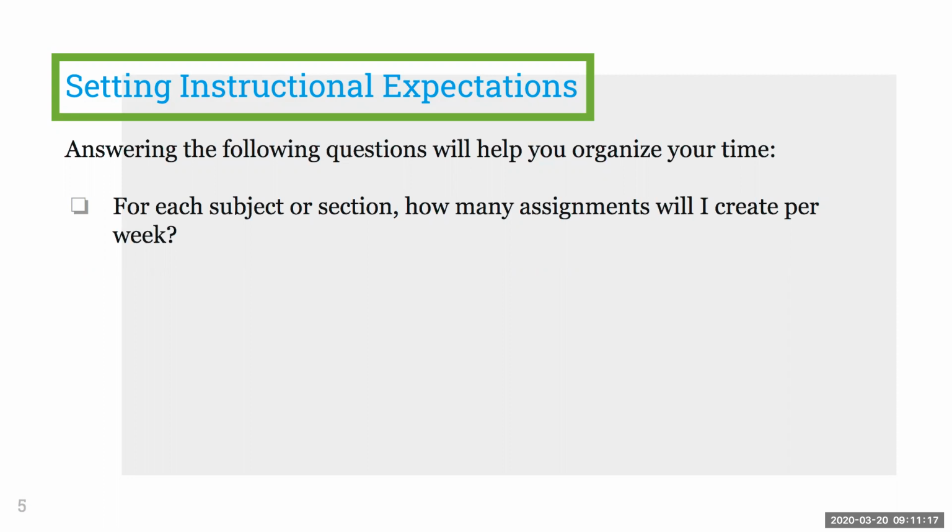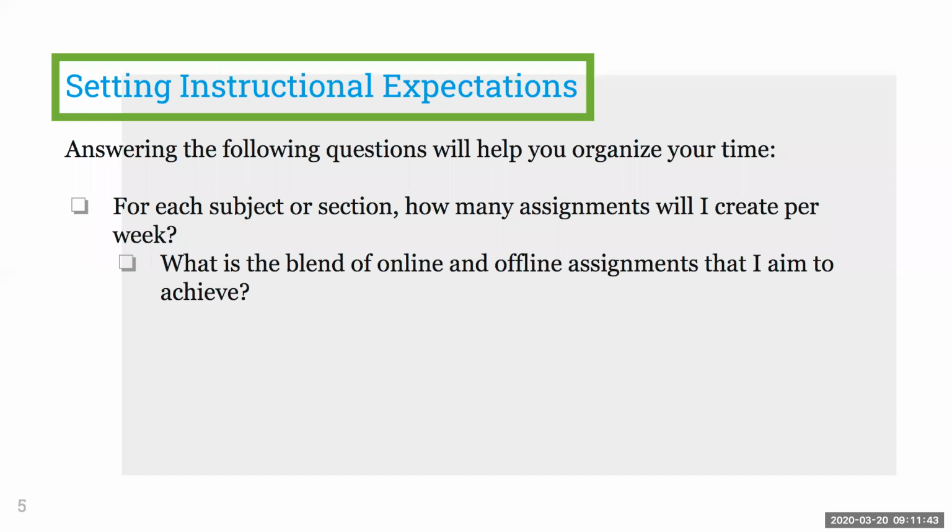This might sound basic, but I've had teachers who are trying to run around creating a new assignment every day. That might not be necessary. You might want to be strategic about it: I'm only going to assign 3 things per week, or 2 things per week, or 1, depending on the size, right? So thinking, what is realistic for me, for my students, for grading purposes, for participation? How many assignments do I want to create?